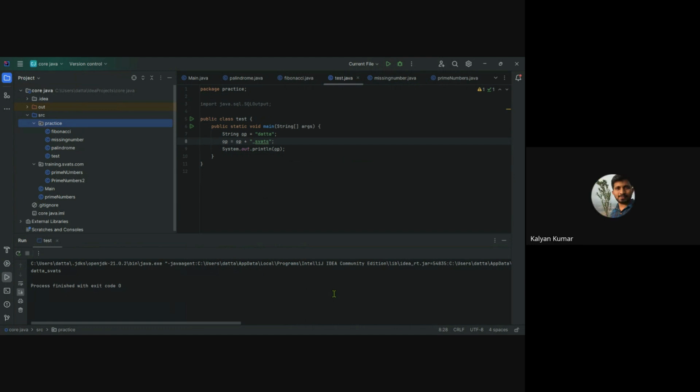Okay, then let me do. You can remove the concatenation. Let that be as it is. Copy line 8 and 9 and paste it down after 9.